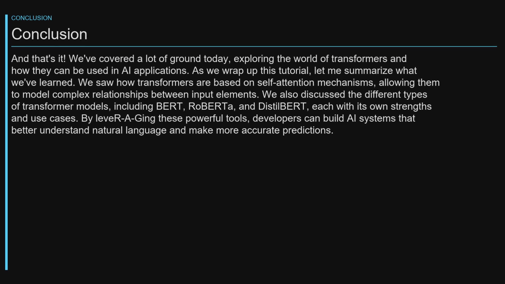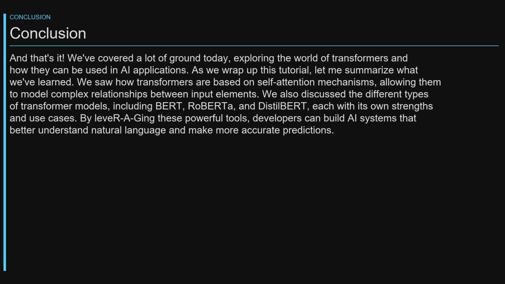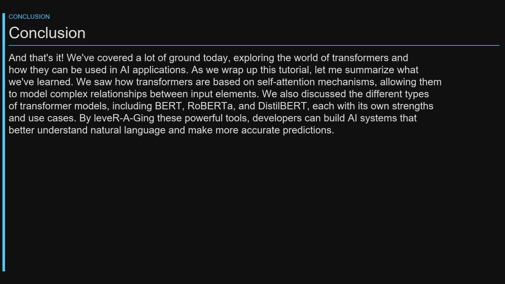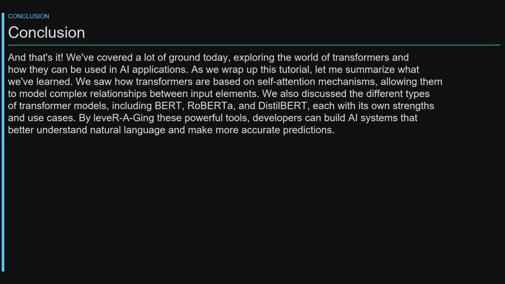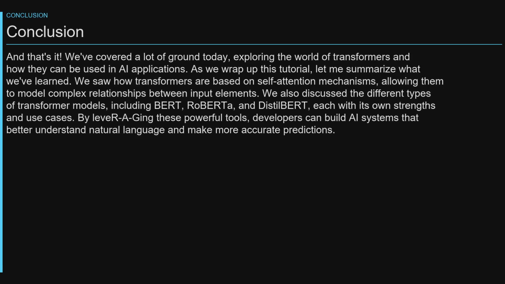We also discussed the different types of transformer models, including BERT, RoBERTa, and DistilBERT, each with its own strengths and use cases. By leveraging these powerful tools, developers can build AI systems that better understand natural language and make more accurate